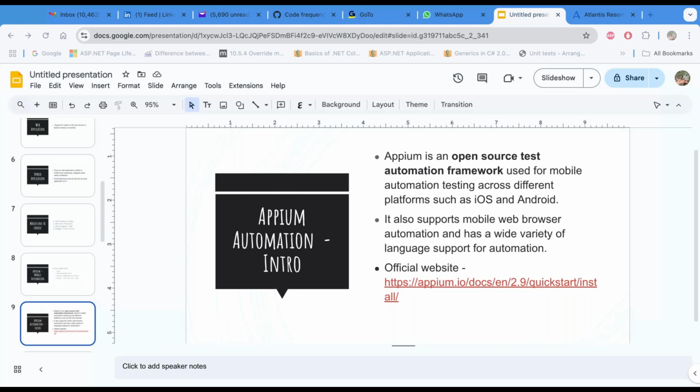So with Appium, what I can say is 1.x versus 2.x, because there are two versions of Appium available. Some people are still sticking to 1.x. I think the last version was 1.6 or 1.9. But the latest version is 2.x, which is more powerful and more user friendly when compared to the 1.x version. A lot of people were very frustrated when using the 1.x version, but now in the 2.x version,